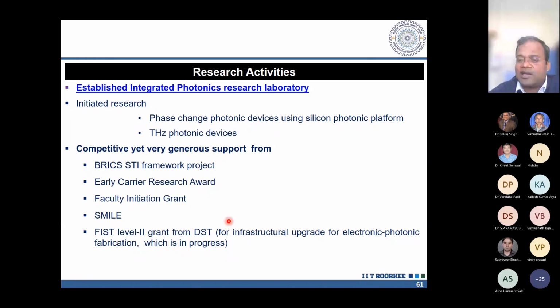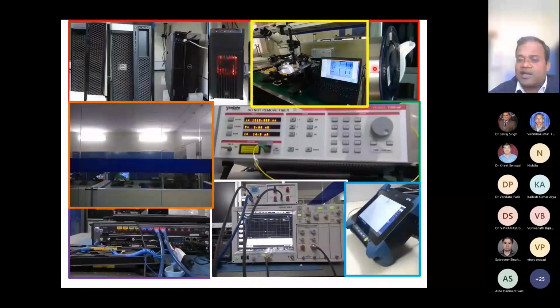This shows some pictures from my lab, where we have very high-end equipment. This is the computing facility, and here we have a chip measurement setup. We have state-of-the-art lasers that can go from 1500 nanometer to 1600 nanometer. We have C-band and L-band, grid tunable, continuously. You can sweep those lasers. We have multi-channel power meters, etc.